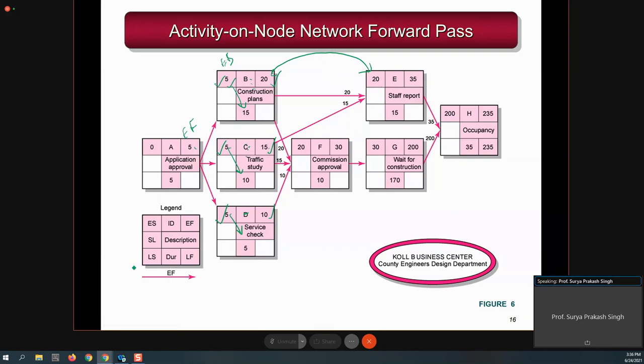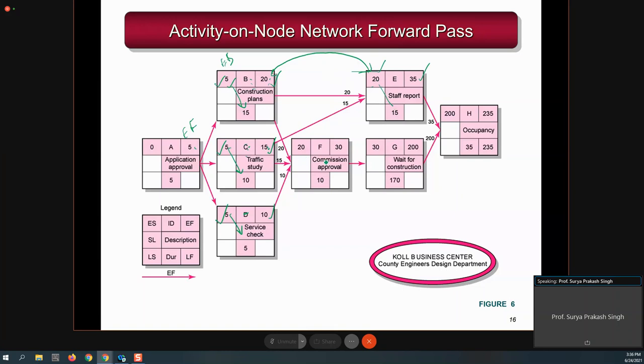As a thumb rule, you can say that the early start of a succeeding activity is nothing but the maximum of the early finish times of all preceding activities. That is the formula one can remember and note down, but it is not required if you have a good project network diagram in front of you. You can actually calculate and see whichever is the maximum and write it. Once you have identified this, that is again very easy. You just add and you get to know this one.